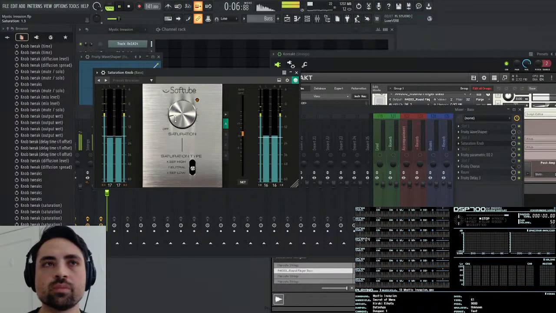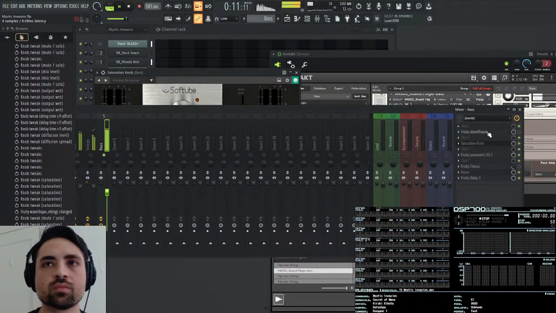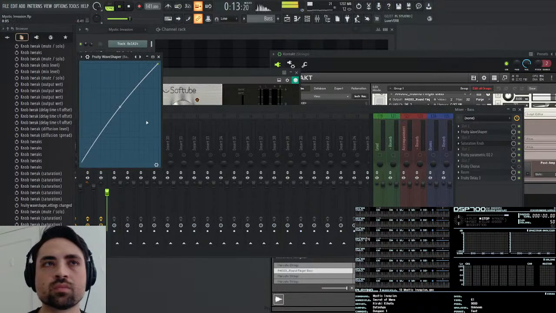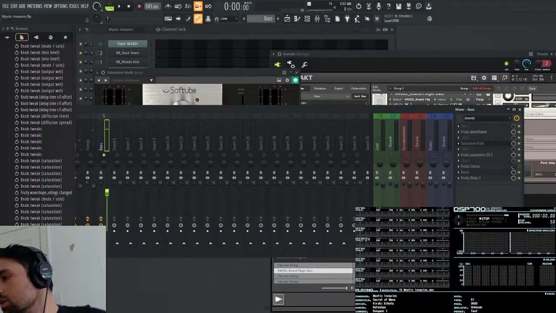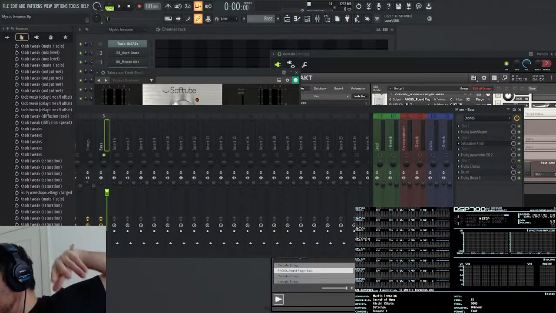No, it doesn't really help. That sounds good. It's got a little bit of distortion, but it does feel right.